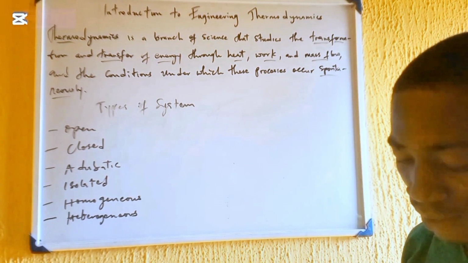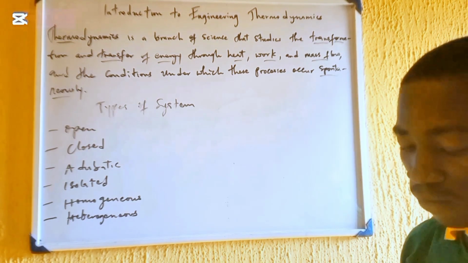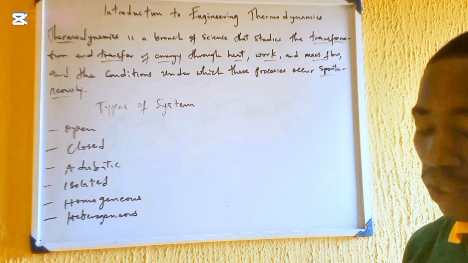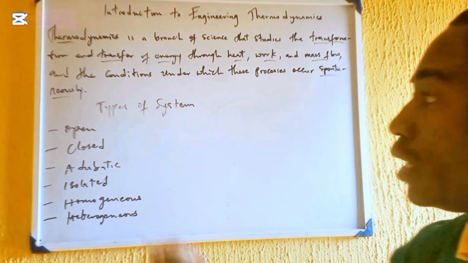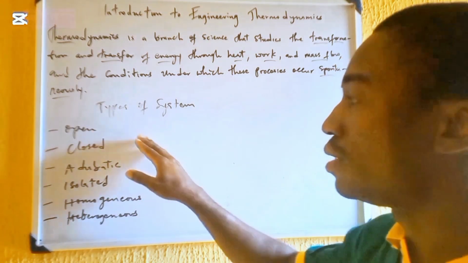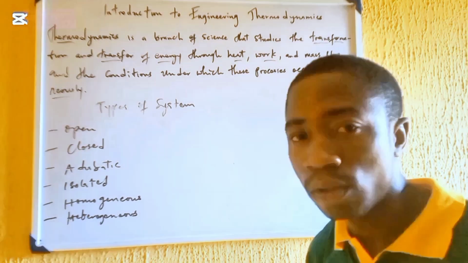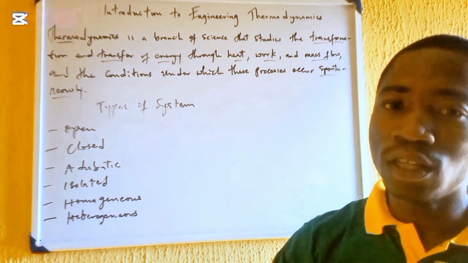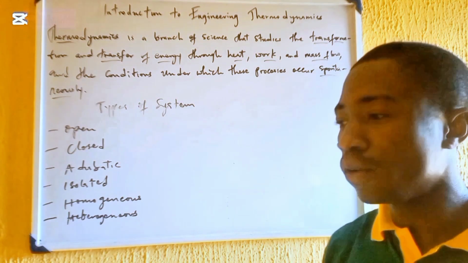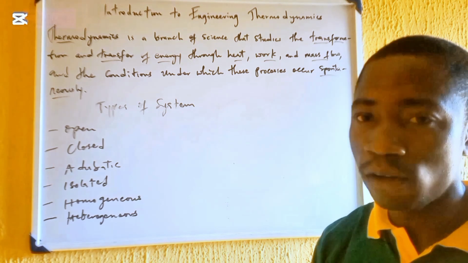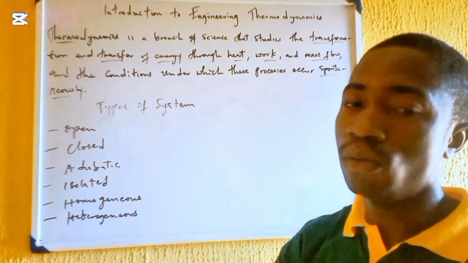So for the open system, it permits the flow of matter across its boundary. It is also called a control volume. So another name for this is control volume. What makes it an open system? Matter can flow. You get? So matter can flow from the system to its what? Surrounding. Take for instance a cylinder containing air, and air flows from that cylinder to the what?